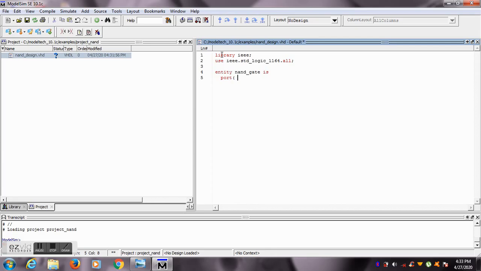In port, you have to write the inputs, that is X and Y, and you have to tell that they are of mode in and type std_logic. Similarly, you have to declare the output and its type. Close the entity.